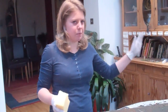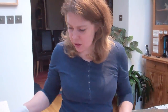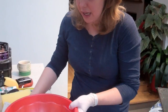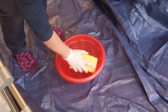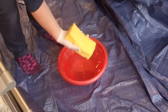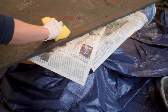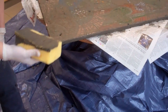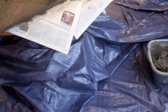What we're going to do now is sponge all the excess grout off. So if you get yourself a bowl with some water in it, and maybe have a surface where you can put your bowl to rest, or actually even maybe the floor's a better option for here. So what you want to do is squeeze out the sponge so it's got a bit of water in it but it's not too wet, and then all you want to do is push it down onto your piece, and then, that's why a square sponge is really good, you just turn it over and do the same again,